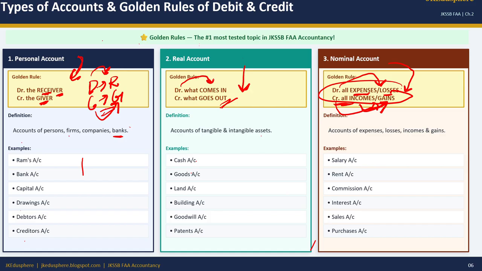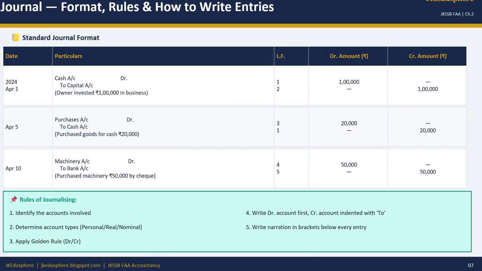So debit what comes in and credit what goes out is the golden rule of a real account. And debit the receiver and credit the giver is the rule of a personal account. Right. So next part is